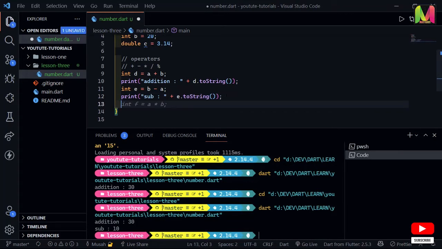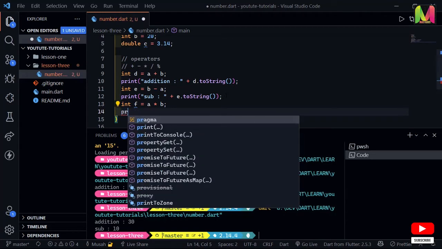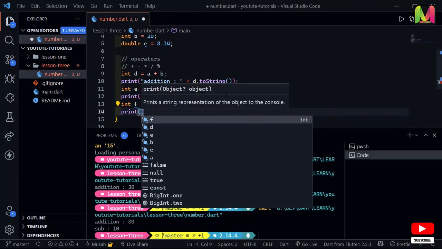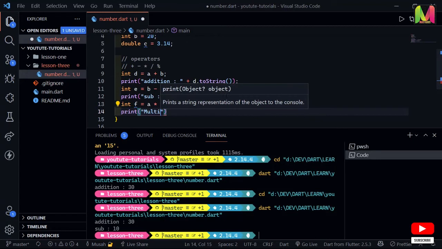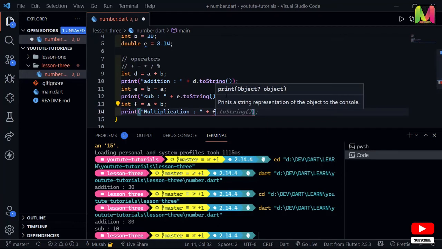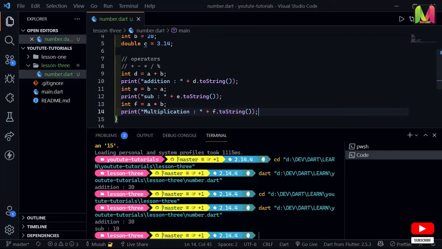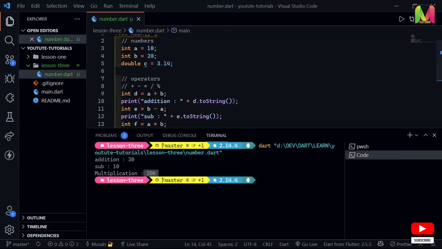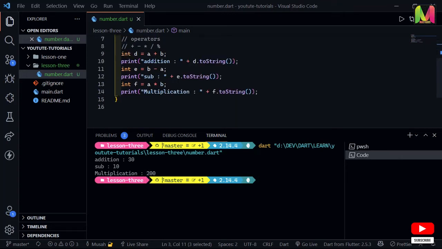Then we can do our multiplication. So I can say print, then I'll say multiplication. I'm going to say f.toString. Run this again. So let me clear the console and run this again. So we get multiplication to be 200. So we get 20 times 10, which is going to give us 200. And we have